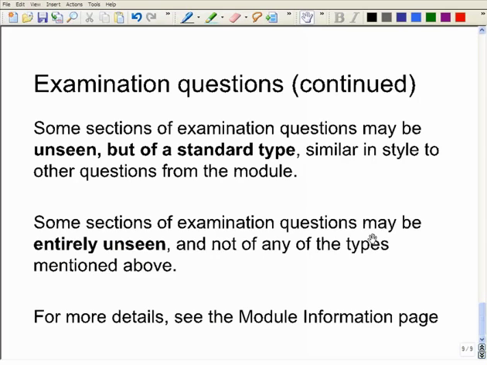I can't guarantee what will be where. I'm not going to tell you which chapter is going to be examined in which question. I tend to move things around a little bit. So I will expect you to try to understand everything in the module. Otherwise, there may be some questions that you won't be able to attempt bits of. But generally, for more information about all this, if you look at the module information page, there's quite a lot there. I printed out the latest version of the module information page. If there are any modifications, I'll correct it online and let you know if there's any significant changes.